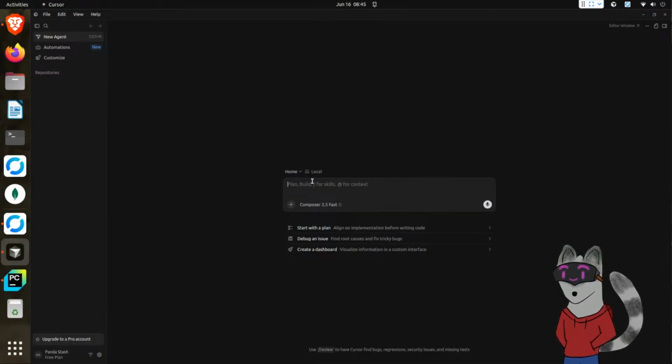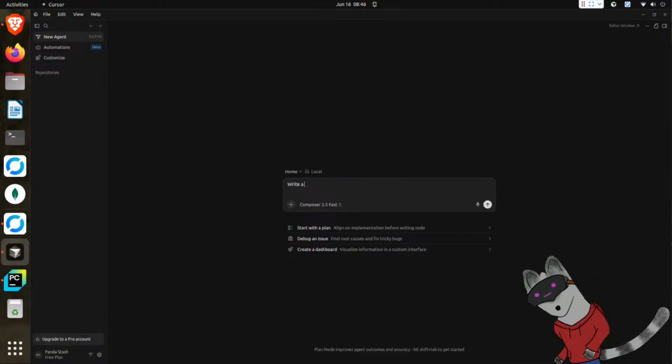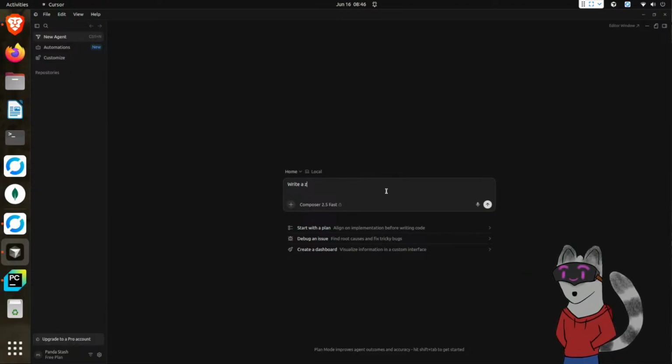So let's see here. Why don't we just start writing? So what do we want? I want to write this in Zig, because Zig is supposedly going to be the new C++, and I want to learn Zig. So write a Zig... Oh. You know what? Let's go with C++ for now. Write a C++